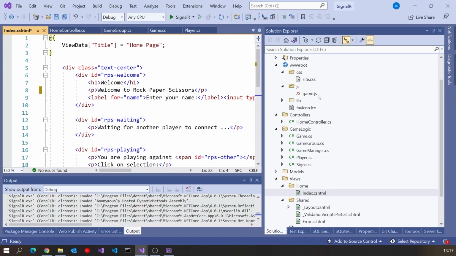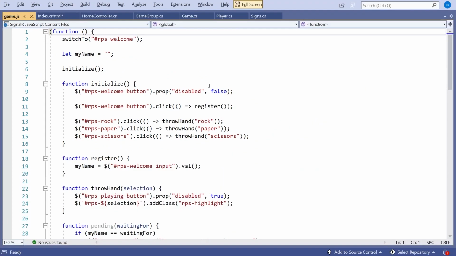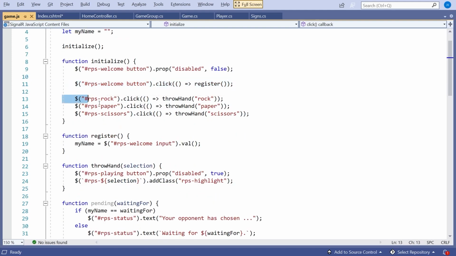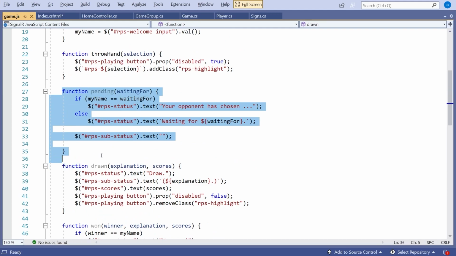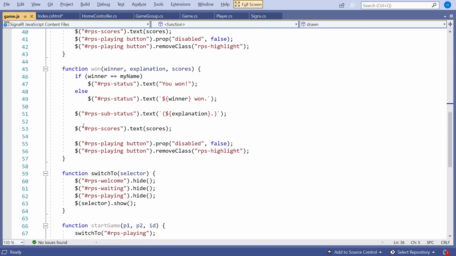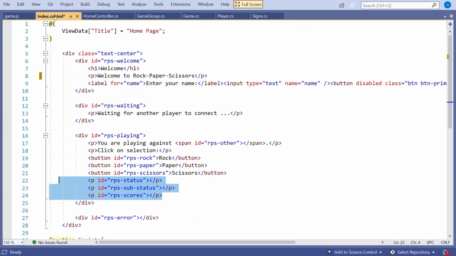And then finally, we've got some JavaScript. And here you can see we've got the various bits of control. So there we've got the register, so when they click the button to register, that's where we're going to go. We also have the clicks for clicking rock, clicking paper and clicking scissors, and then various messages we pop up there, and we can display there's been a winner, there's been a draw, and then we can switch through those three phases. Remember where we had the welcome or the waiting or the playing that we had as the three sections here. So only one of those is ever going to display.